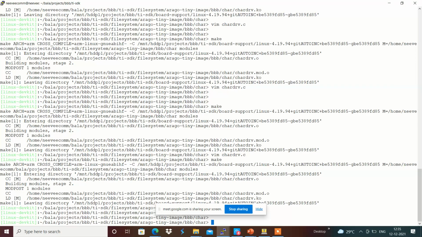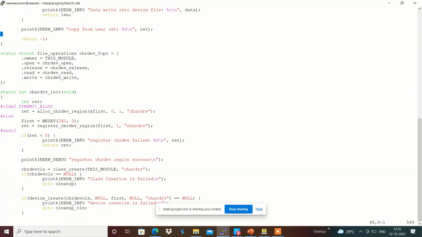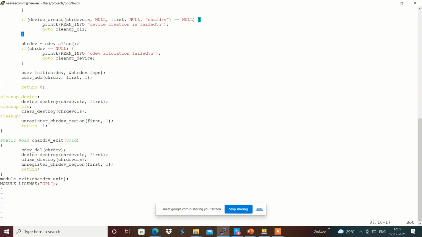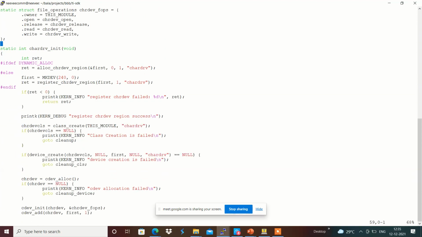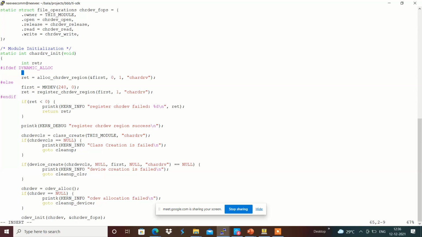Here we will see a brief recap of what we have done. It's something like the character dev.c that we have created, and we have the module initialization function over here, which is a module init, and here we are allocating